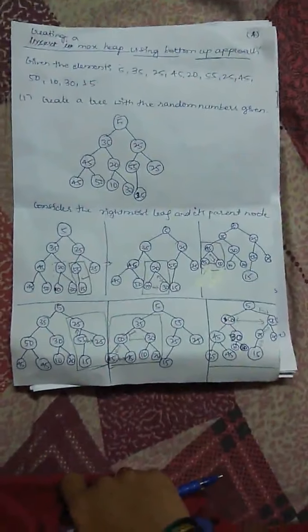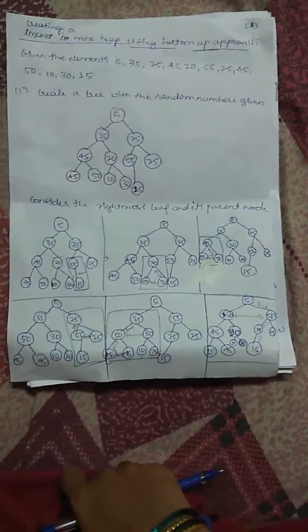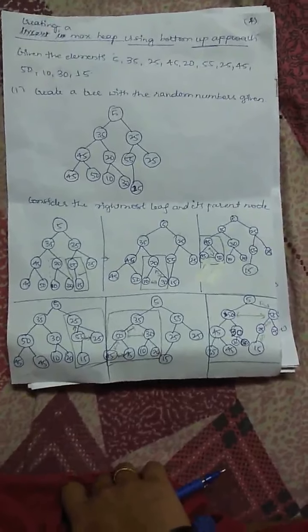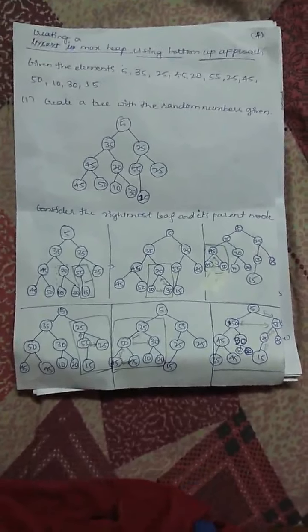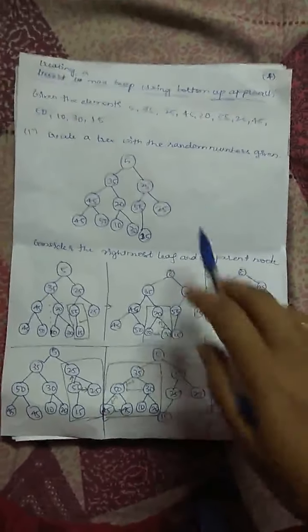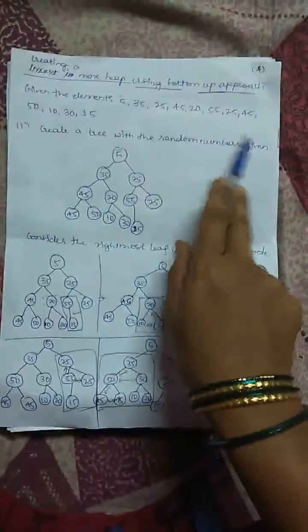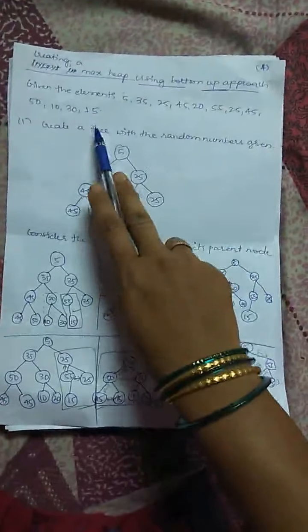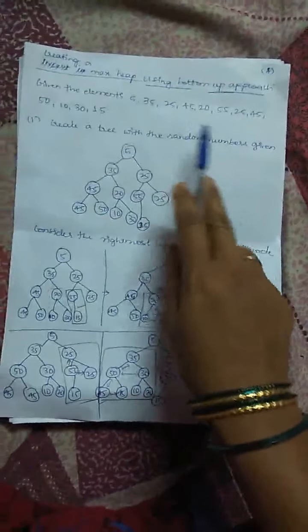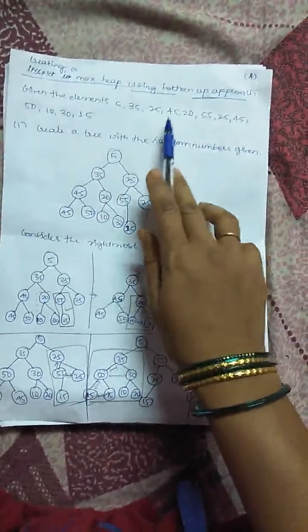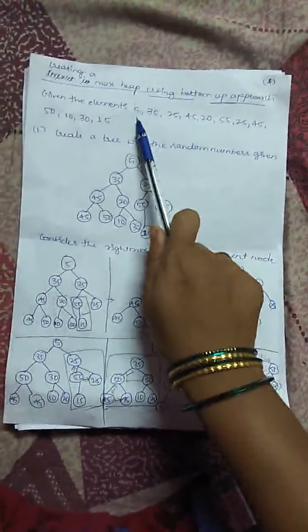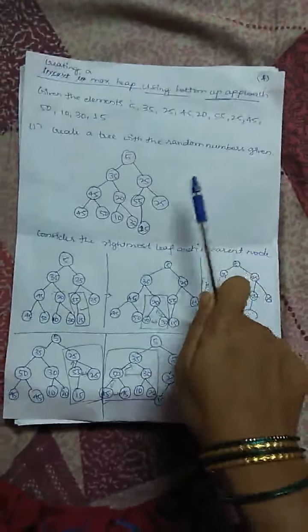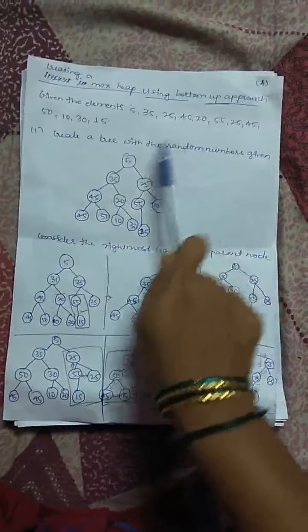Then next we are going to study how to create a heap here. We are creating a heap using two methods. One is the bottom up approach and another is the top down approach. So let us start with the bottom up approach first. Now you can see here, random elements will be given to you. These are random elements which are not sorted or anything. Simply they have been given. Now you have to create a heap using the bottom up approach. So in the first step, what we are going to do is, in the same way the elements are given, you are going to create a tree level wise.